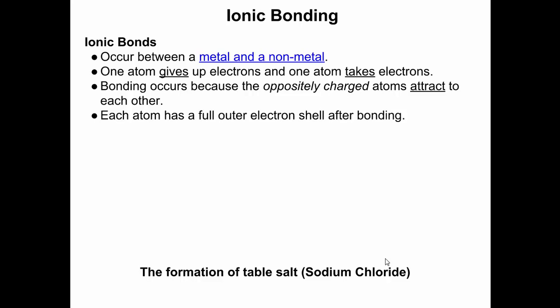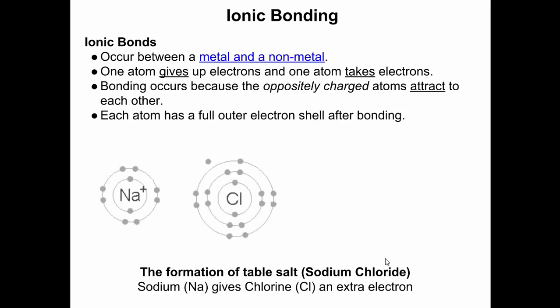Okay, and so an example of an ionic bond is table salt, sodium chloride. Sodium, Na, which remember if we look at our periodic table, it's in that first group. Okay, so it has one valence electron in the outer shell. It gives it to chlorine, which if we look at chlorine on our periodic table, that's in the 7th group. So it has 7 electrons in its outer shell, so it needs 1 electron. So sodium gives away that extra electron that it has to chlorine, and chlorine takes it. So now they each have